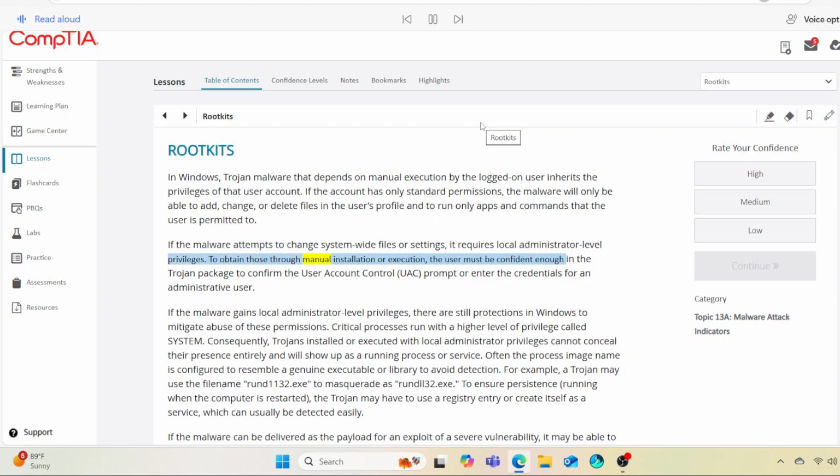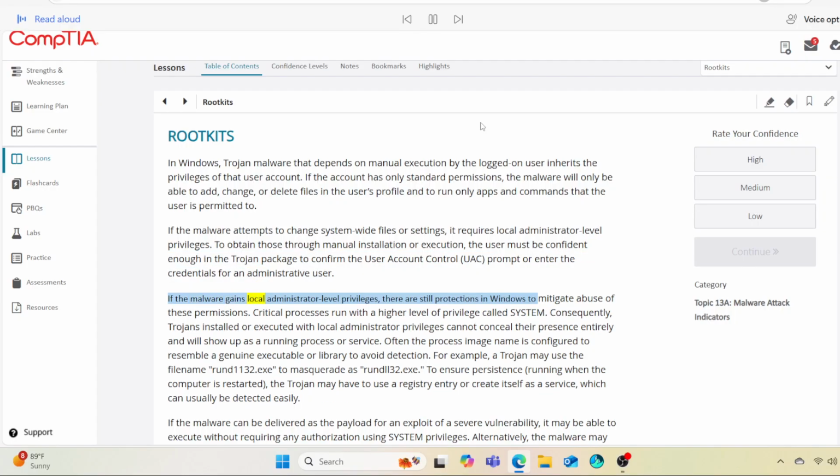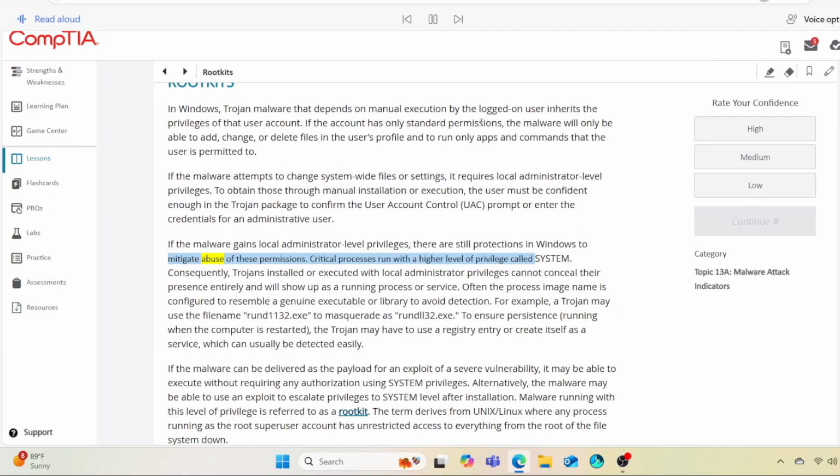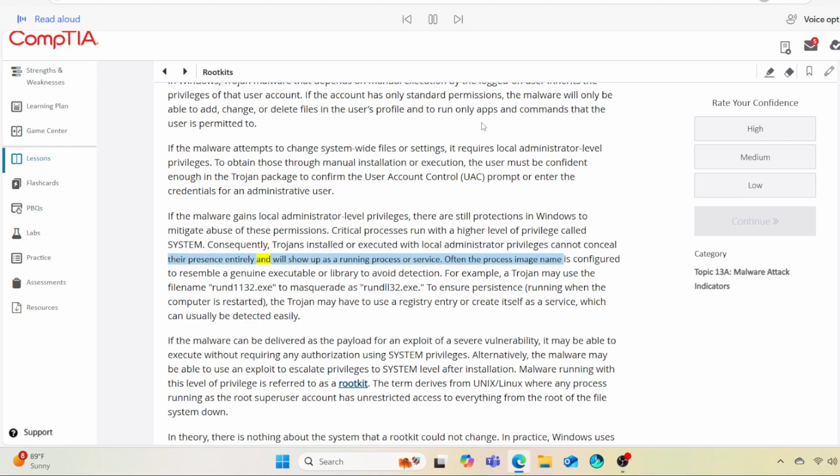To obtain those through manual installation or execution, the user must be confident enough in the Trojan package to confirm the User Account Control, UAC, prompt, or enter the credentials for an administrative user. If the malware gains local administrator-level privileges, there are still protections in Windows to mitigate abuse of these permissions. Critical processes run with a higher level of privilege called system. Consequently, Trojans installed or executed with local administrator privileges cannot conceal their presence entirely and will show up as a